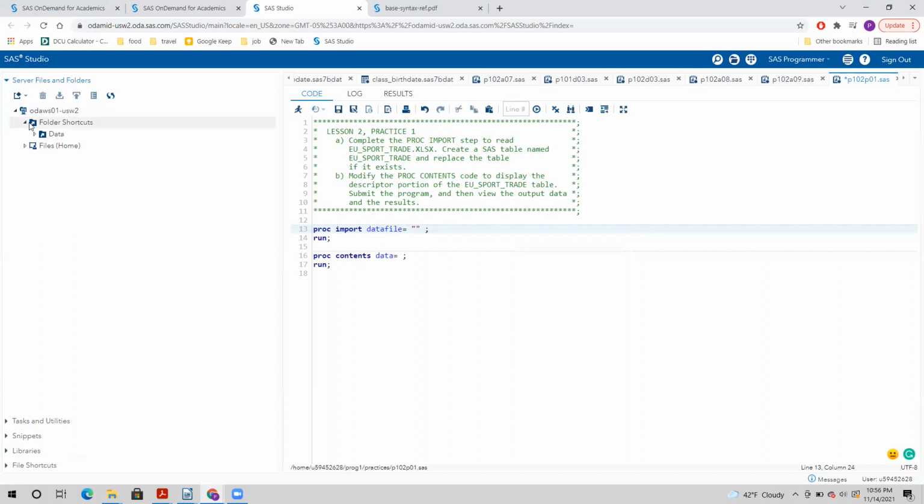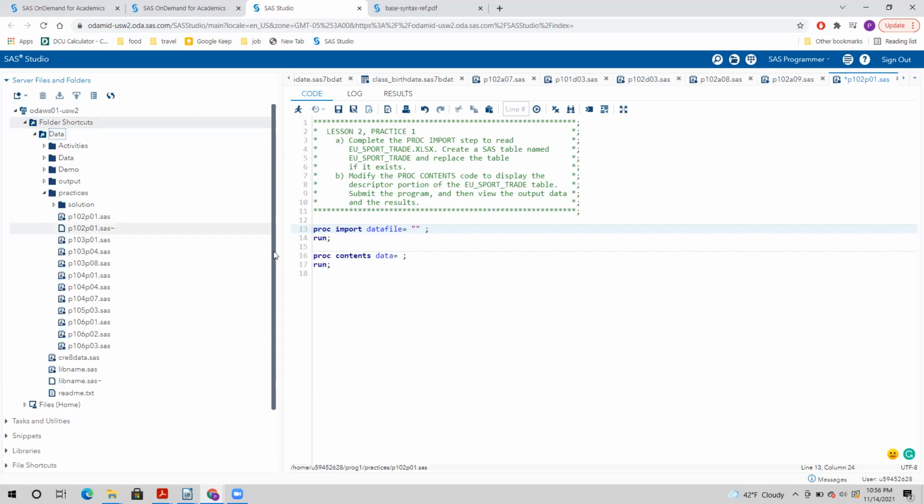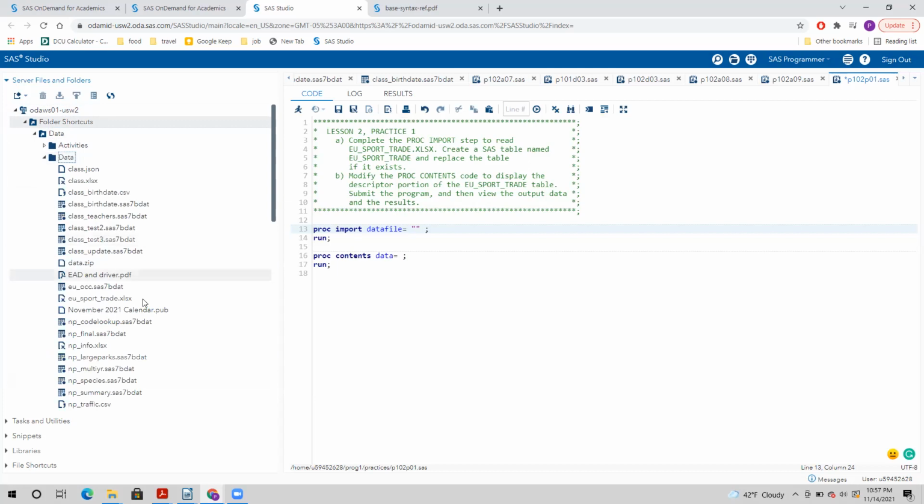No, because it's telling here that you are importing an Excel file and you'll be creating a data set called Eurosport trade. So this data set which you'll be creating is in the work library, and for this data set you will be doing its proc contents. That is the Eurosport trade data file.